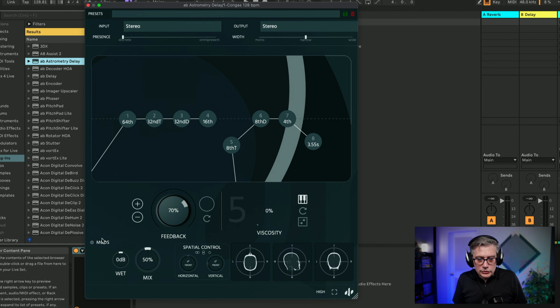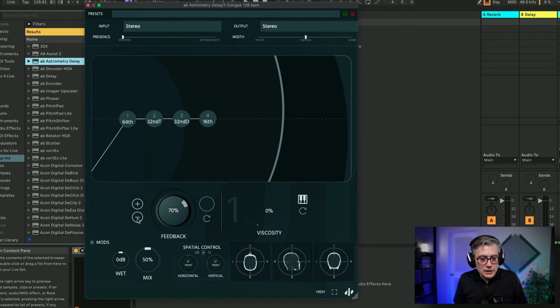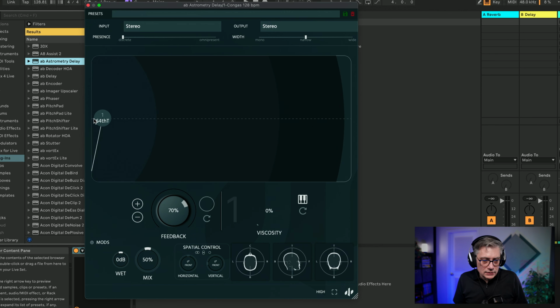Now, the first thing that I'm going to do is we're going to simply remove most of them because they are going to be a little bit in the way in order to understand what's actually happening. And for that, I have these plus and minus buttons here. Minus just means that I'm removing these tabs, and plus means that I'm essentially adding them again. So let's just remove everything until the first one. And what I'm going to do is I'm going to simply move that back to essentially here at the beginning and maybe just as close to the original sound as possible.